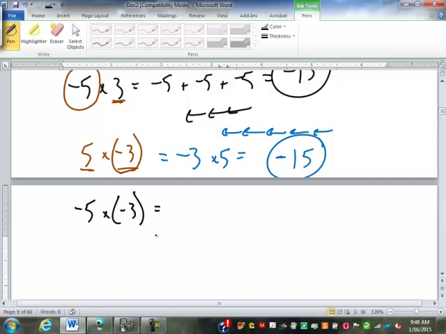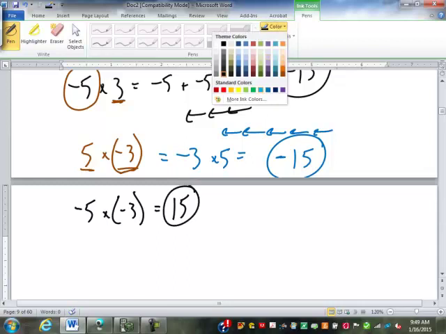Negative 5 times negative 3. Now, all of us have been taught that that answer has to be positive 15, because it's been pounded into us: a negative times a negative is a positive. But if you look at it through the definition of multiplication,